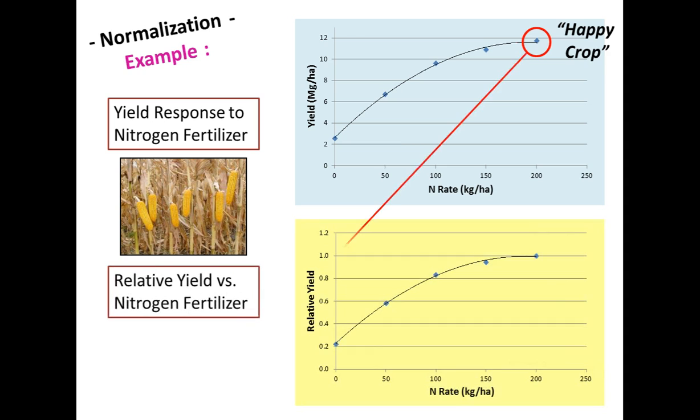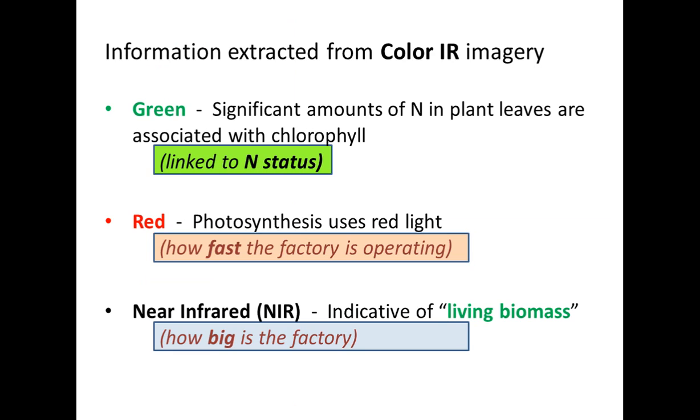If we normalize the yield now, we no longer have megagrams per hectare. We now have percent. So we have 100% or 1.0 relative yield, and the shape of the curve is very similar. It's the same data, but now we can talk and compare across yields, fields, years, those kinds of things. This is a bit of review, but